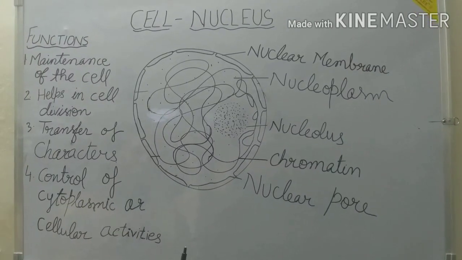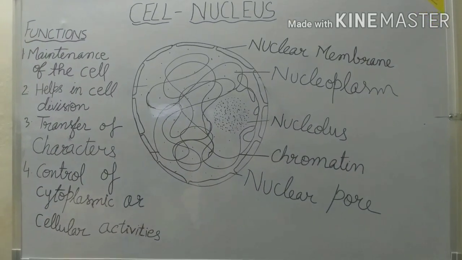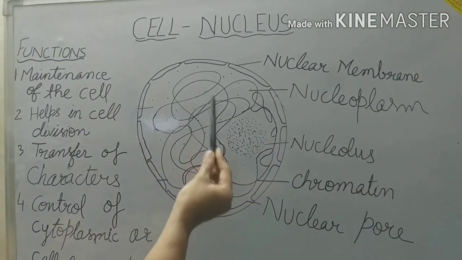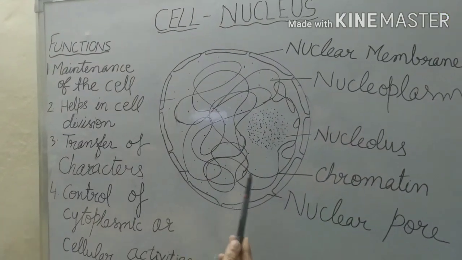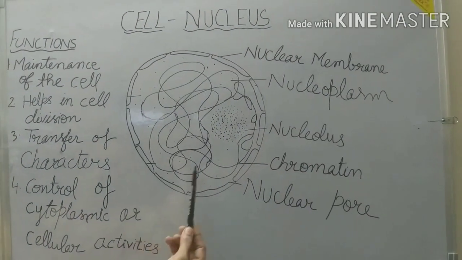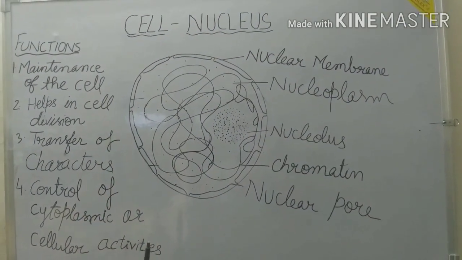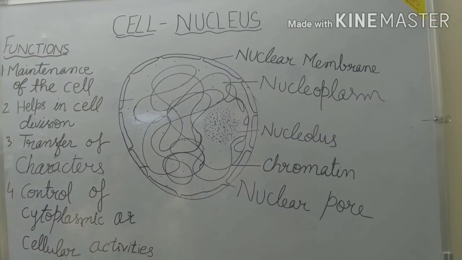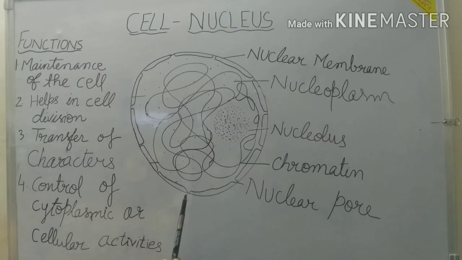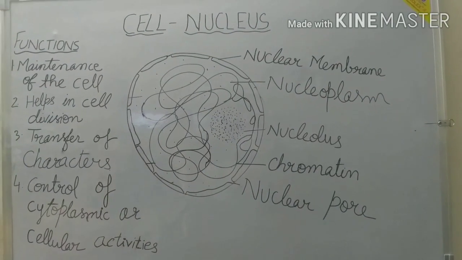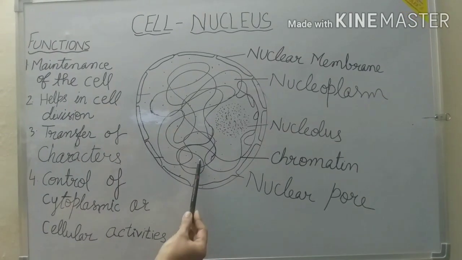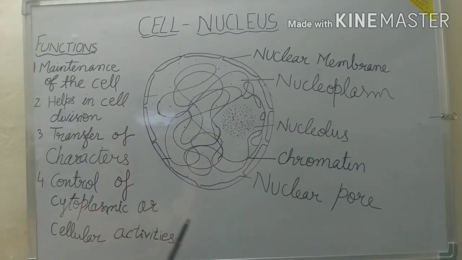DNA means deoxyribonucleic acid. Now the fourth structure is chromatin, which is a thread-like structure found in the nucleoplasm. It is composed of the genetic substance DNA and proteins which are known as histones. The basic functional units of this DNA are known as genes, and in this DNA is all the information which regulates the functions of the cell.